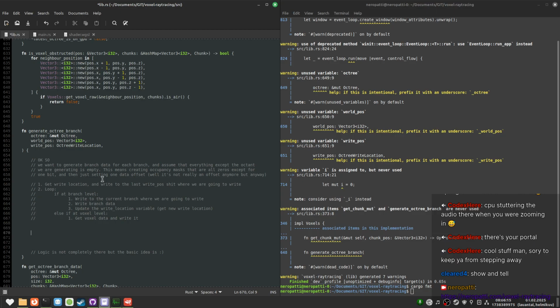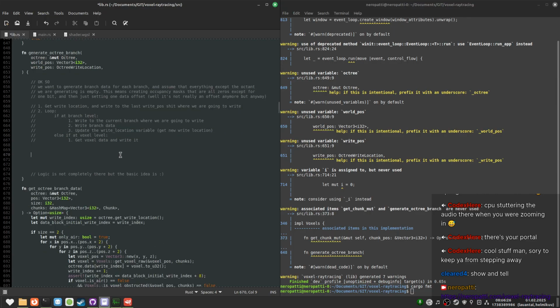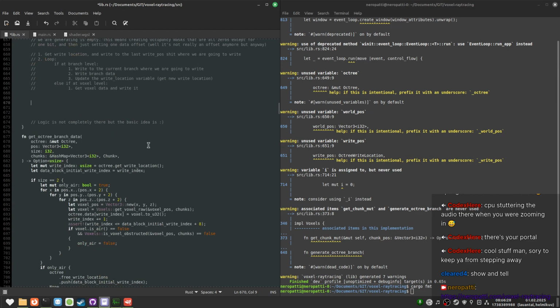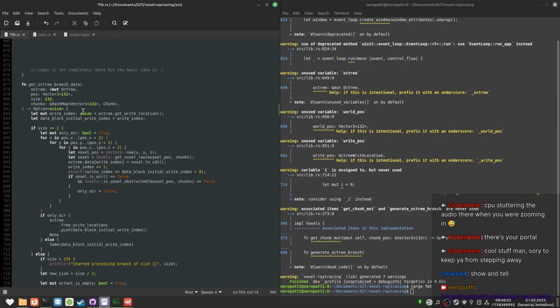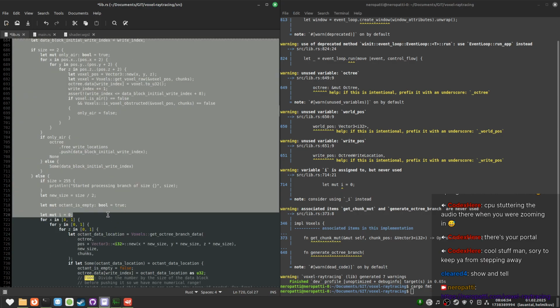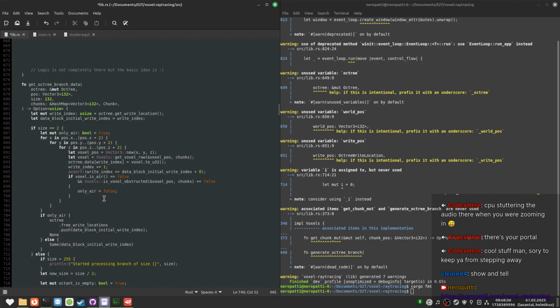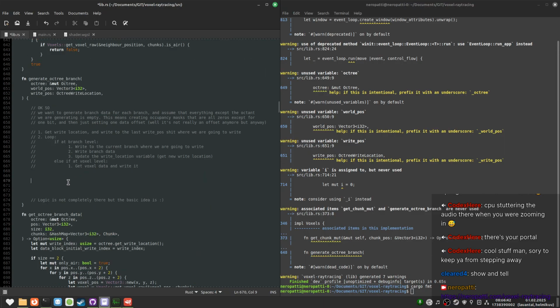Okay, it's right above this. That's good. I kind of want to move this function into the octree impl block instead of being in the voxels.